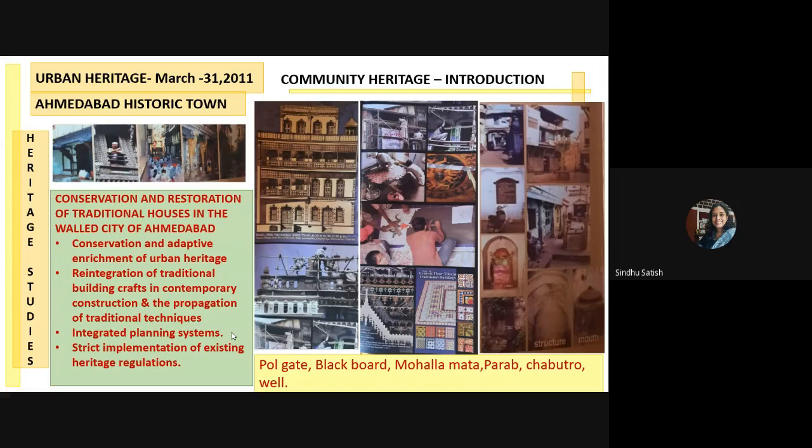And the other one was the mohalla mathas, the shrines of Hindu or Jain. There are a lot of Hindu and Jain poles, Hindu poles, Muslim poles. So they have different communities living here, and each one has their own poles, as they call them. There they would have these ritual places for pujas or prayers and daily offerings. So those were the important heritage properties that they had to look at.